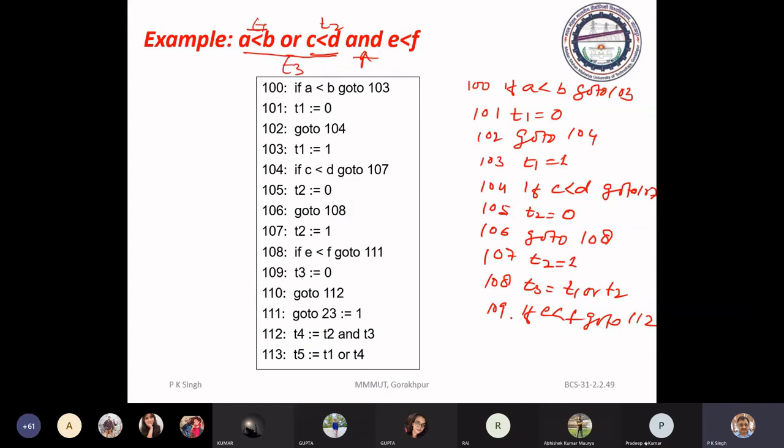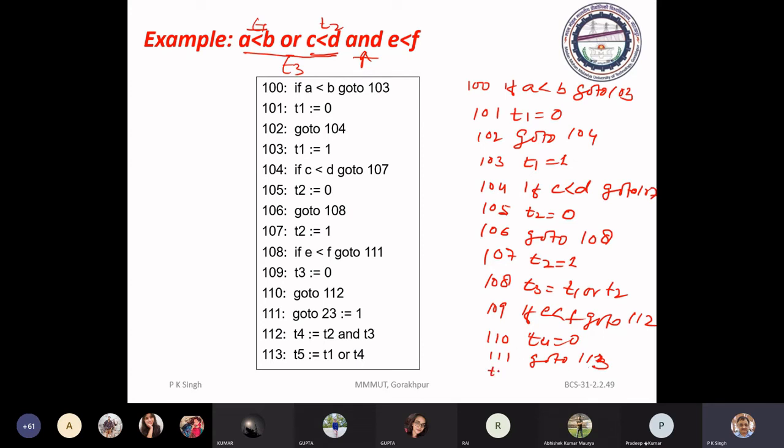Okay, you just add 3. 110 is the temporary generated for this, T4 equal to 0. 111 is go to next state plus 2, 113.